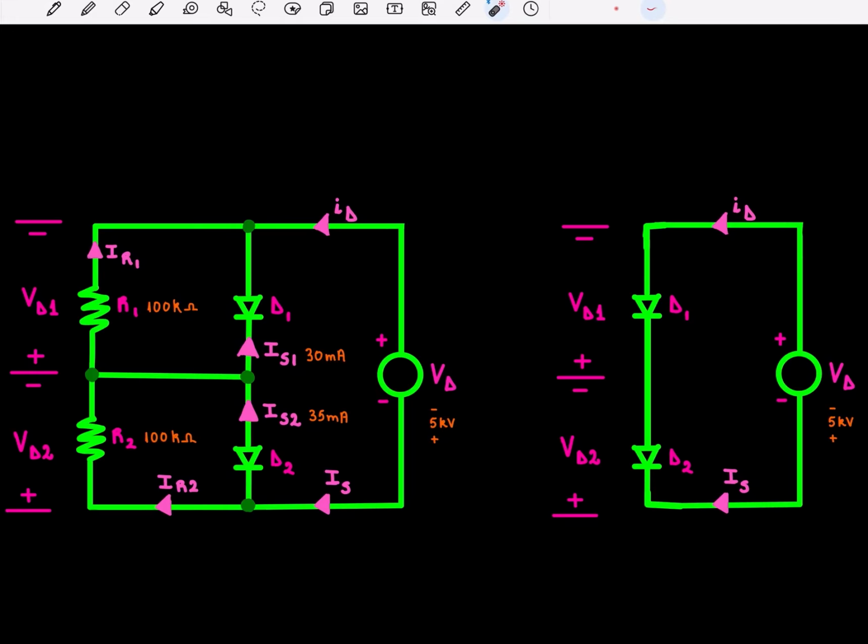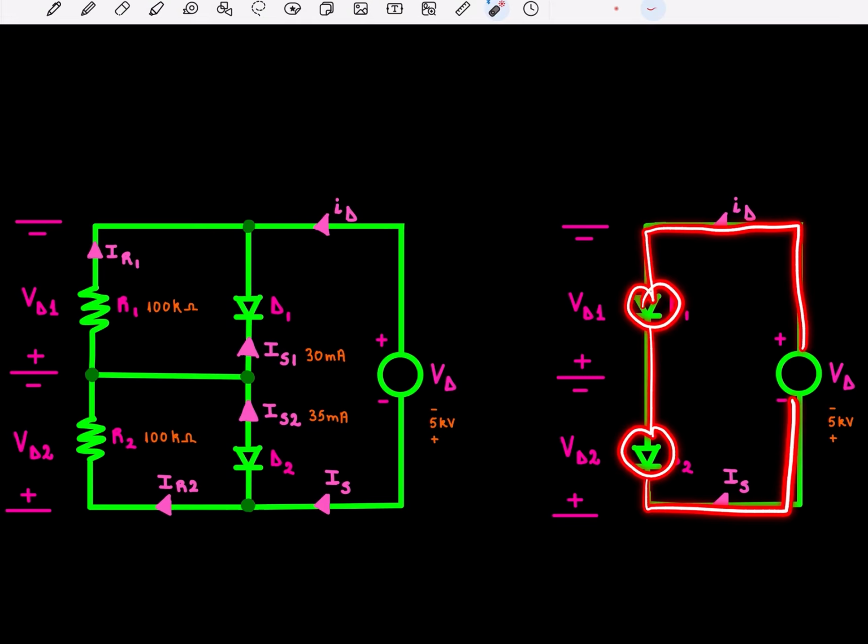In high voltage applications, such as HVDC transmission lines, a single diode cannot meet the high voltage ratings. So power diodes are connected in series to increase the reverse blocking capabilities. In forward bias, diode 1 and diode 2 conduct the same current because they are in series. But when reversed,